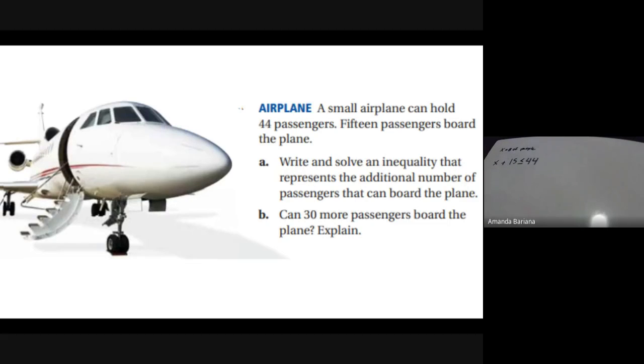So if I want to find out how many more people can board the plane, I'm going to just take this and solve this just like we did with our last problems. So start with my t-chart. I have x plus 15. I'm going to subtract 15 on both sides. I'm left with x here when my 15s cancel out. I did not multiply or divide by a negative, so my sign stays the same. And if I do 44 minus 15, I'm left with 29,